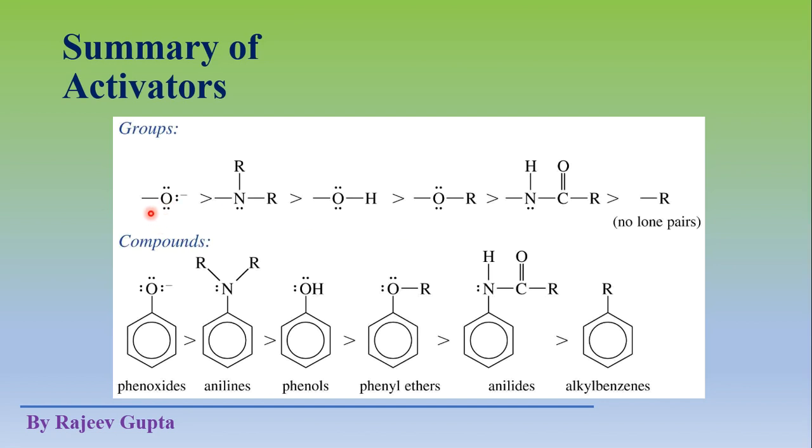Suppose in phenol we see this type of OH group where H plus is removed, and phenol shows an acidic nature due to the resonance of this negative charge going inside the ring and making the phenoxide ion. So this is the decreasing order of the activators, where this O minus group attached to the benzene ring is very reactive, so it increases the electron density inside the ring, and it is also a very powerful ortho and para directing group.